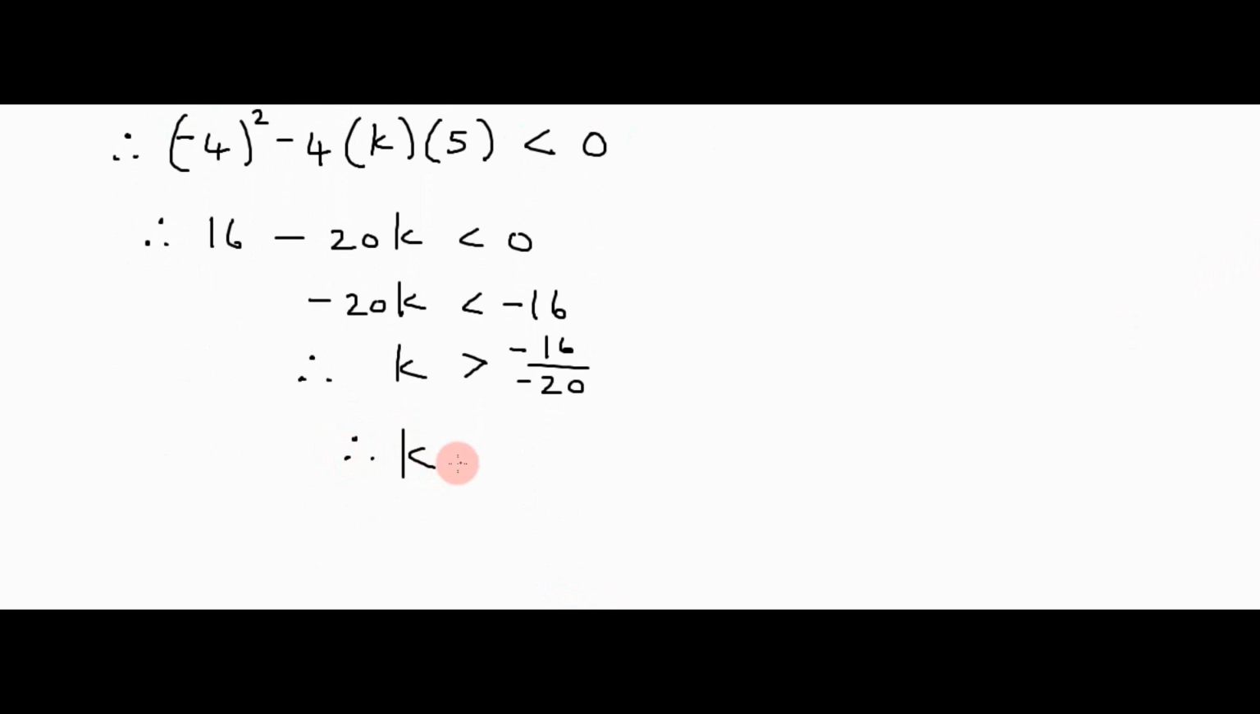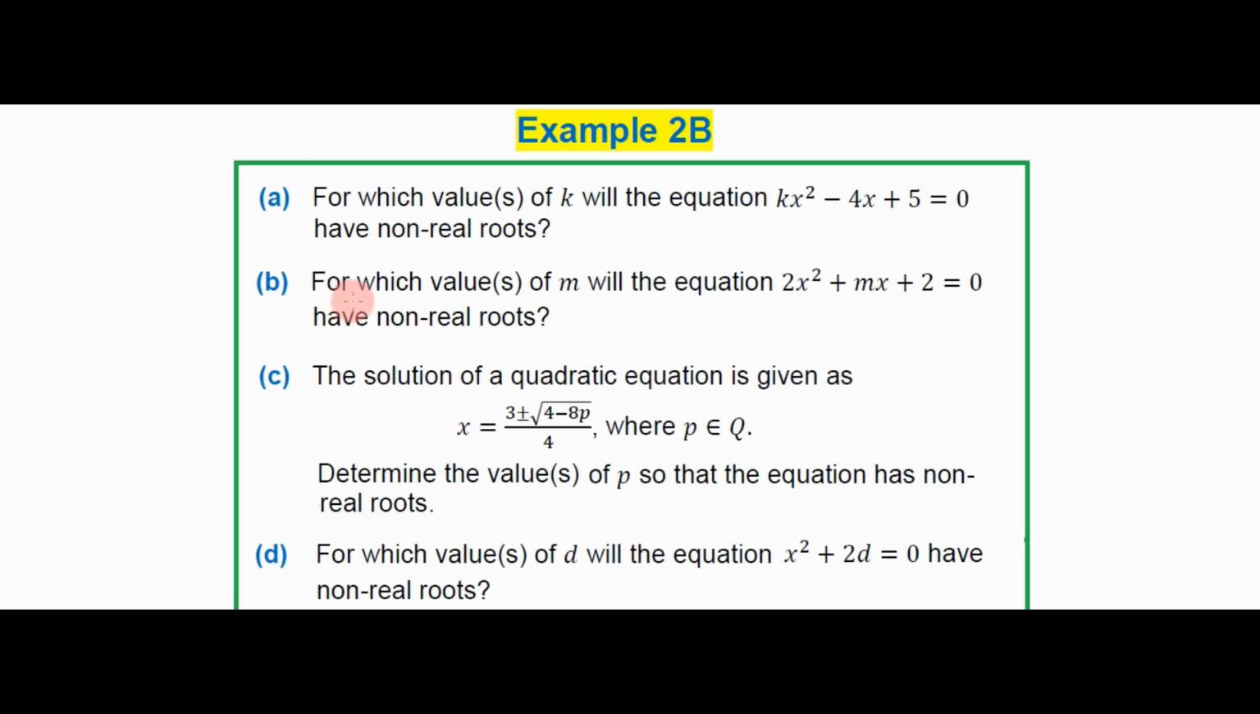And we can simplify. A minus divided by a minus is a plus. And 4 into 16, 4 times, and into 25 times. So k will have to be greater than 4/5 or 0,8. Then in B it says, for which values of m will the equation 2x squared plus mx plus 2 equals